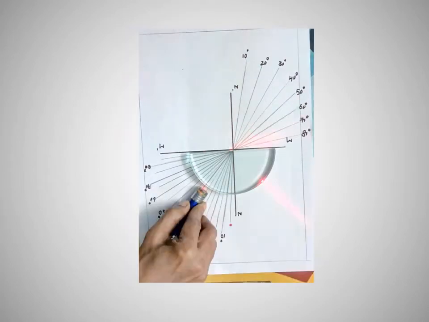So at a particular angle of incidence, the refracted ray does not come out but grazes at the interface separating air and glass. So this angle of incidence is known as critical angle. The angle of incidence at which the light ray traveling from denser to rarer medium grazes at the interface is known as critical angle for denser medium. At critical angle, the angle of refraction is exactly 90 degrees.